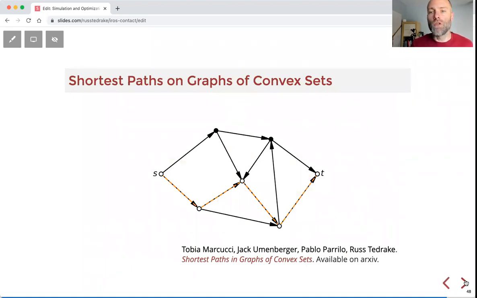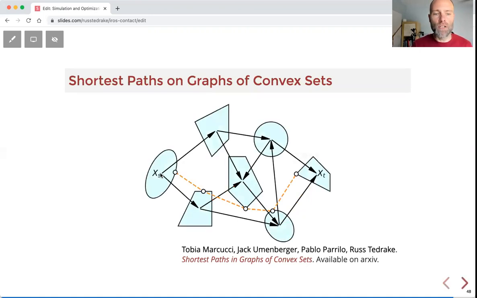So I'll just call out that there's some new work we've been doing that is the best we've done ever in terms of formulating these problems, the mixed continuous and discrete planning problems. The picture is very beautiful. I think it takes the idea of a graph search that we would do at the discrete level, and it pushes it down towards the continuous by saying, if I have a shortest path problem on a directed graph and I want to find a shortest path, then we can generalize this by saying, every time I visit a point on the graph, I'm allowed to choose a continuous variable from a convex set, okay? And you get this problem of shortest paths on graphs of convex sets.